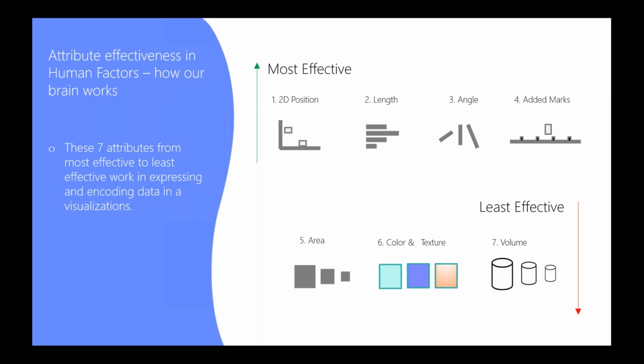How can they tell? It looks all gray to them. So looking at texture and color is very risky. Volume, things like bubble charts are very risky to use, and I'll show you some examples of these in our do's and don'ts later. So if you want to be successful, use some of the signal techniques we talked about earlier, and then look at these 4 ways of representing your visualizations, either through 2D position, length, angle, or added